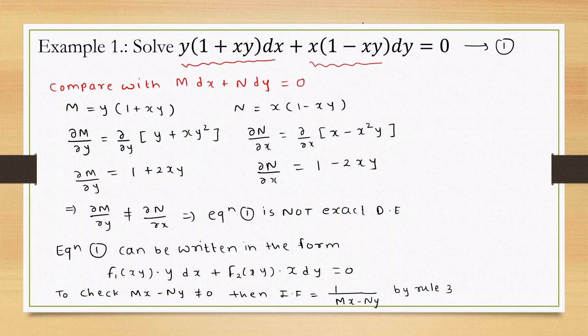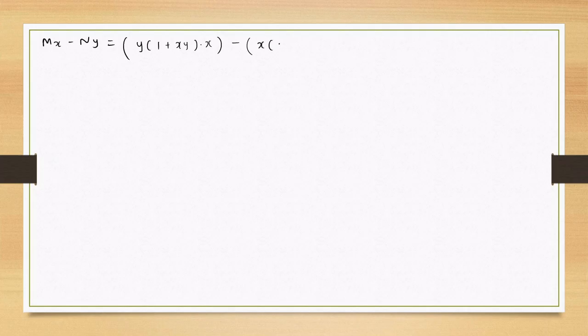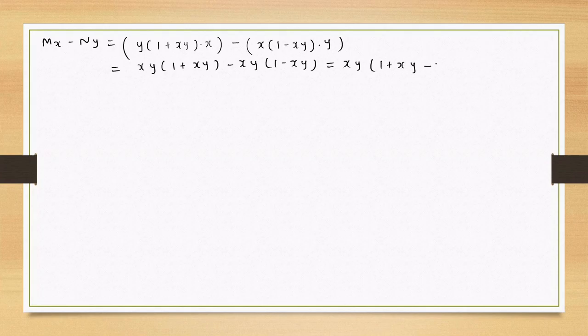x into 1 minus xy, x into 1 minus xy into y, which equals, we can write it as xy(1 plus xy) minus xy(1 minus xy). We can take xy as common. So 1 plus xy minus 1 minus minus plus, so minus 1 plus 1 get cancelled. So it is xy into xy plus xy, which is 2xy, that is 2x square y square,